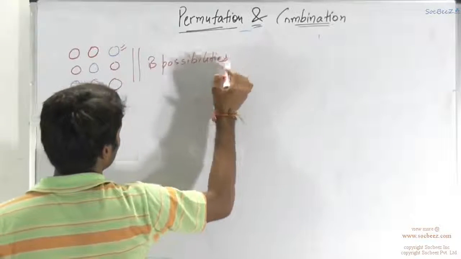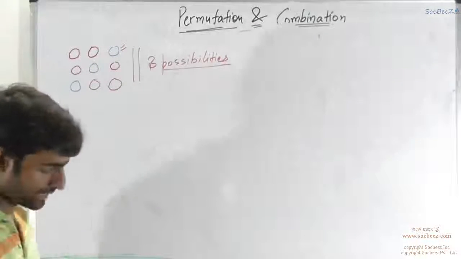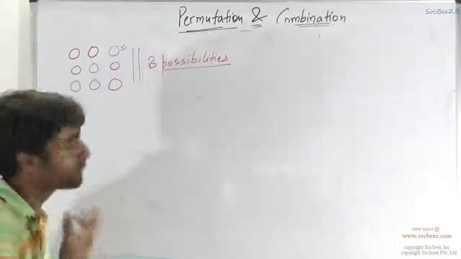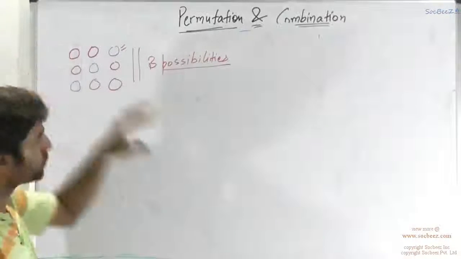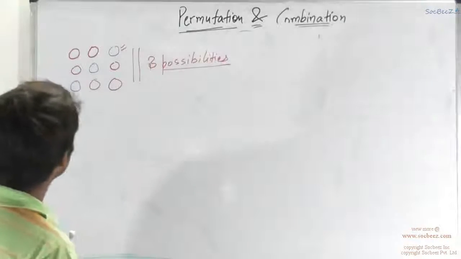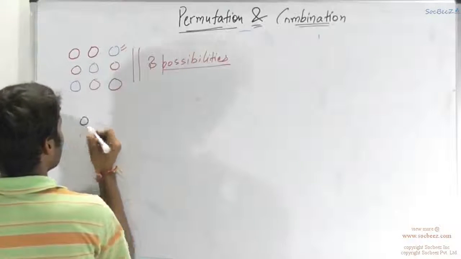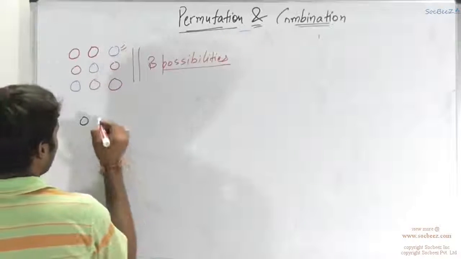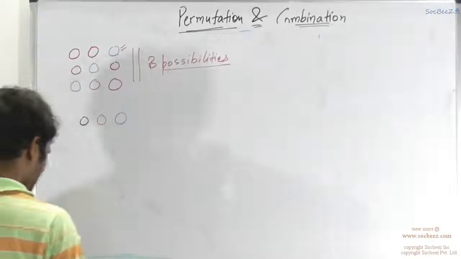What I am trying to say is, if these three were distinct, as we did in the case of A, B, C, finding the permutations of A, B, C, there were 6 permutations. But when two were the same, it reduced down to 3. What happened in this case was, let us suppose there was a black and a red and a blue ball. Let us say there were 3 balls.